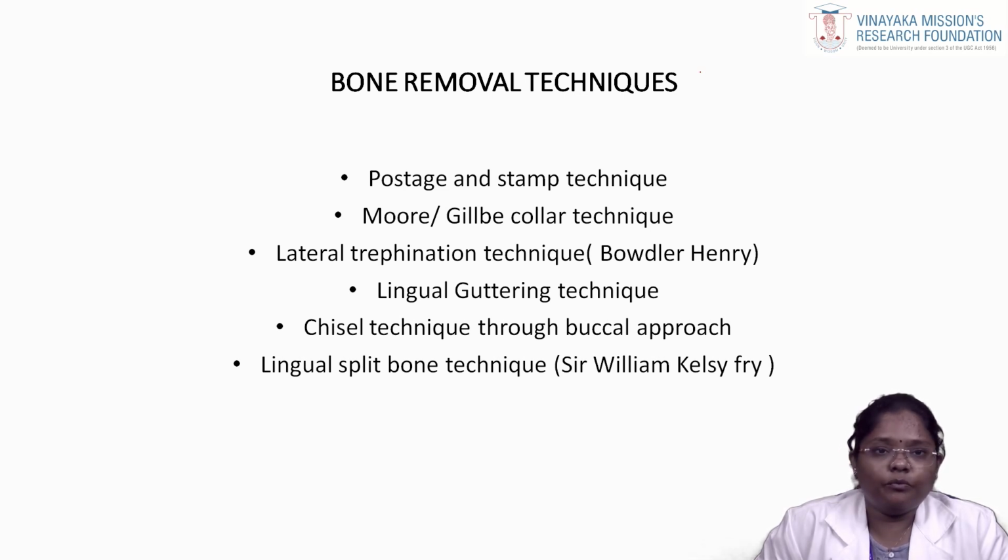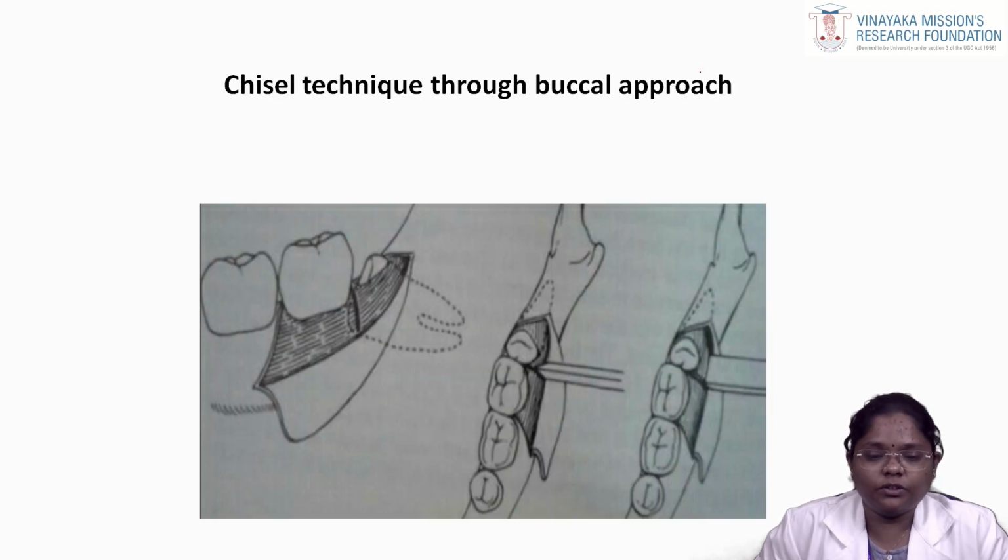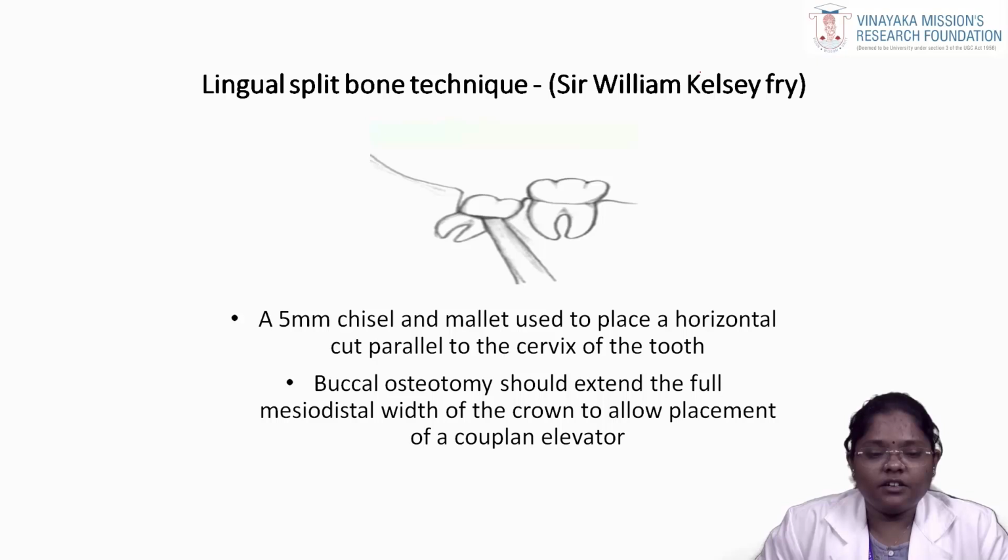that we use. We use burr to gutter the bone along the buccal and distal surface of the third molar, and elevator is used to luxate and elevate the tooth. Apart from the burr technique, chisel technique through buccal approach, lateral trephination technique, lingual split bone technique can also be